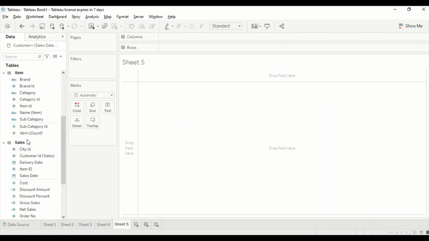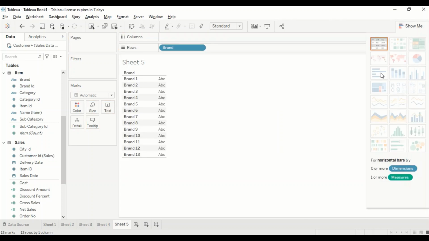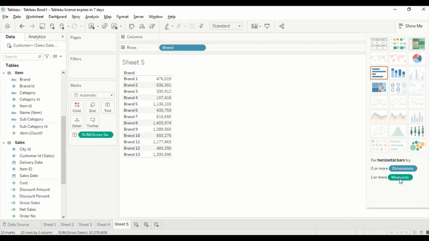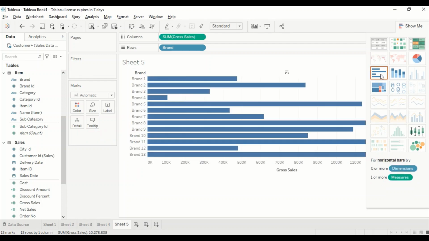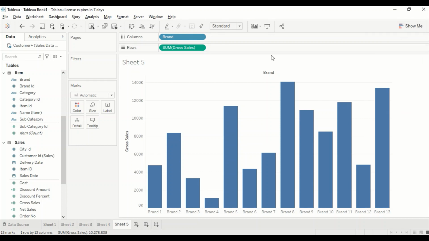Now in Tableau I want a bar visual. First of all, let's drag this. Let me show, if I need this particular visual, it says you need one dimension and one measure. So I need to have one measure before I can get this visual. Now I have one dimension, so I have this visual. If I want to make it a vertical one, I can simply use this swap, and this has become vertical.